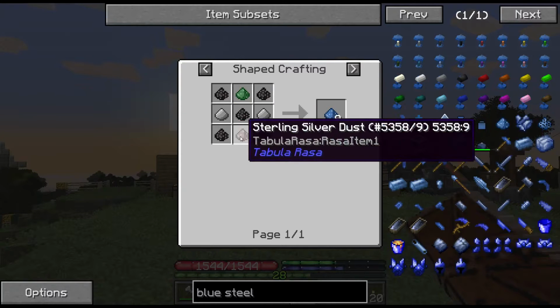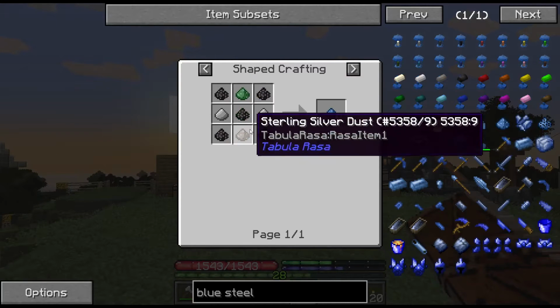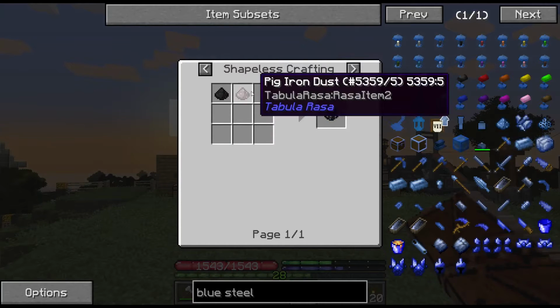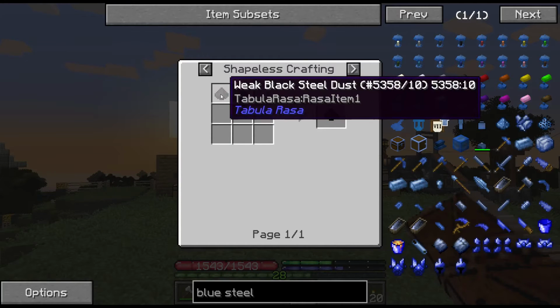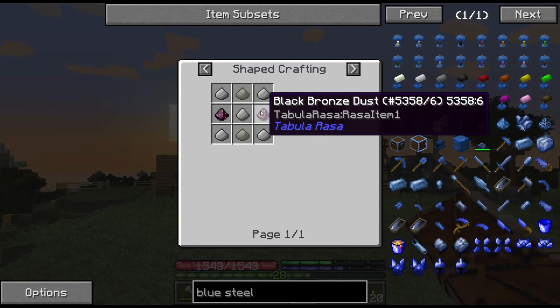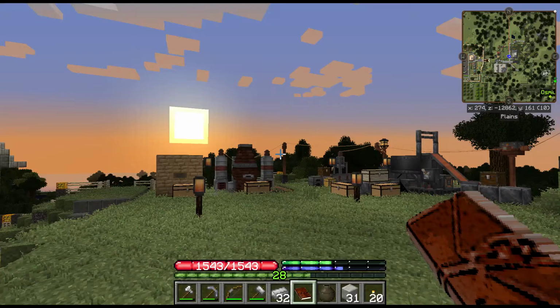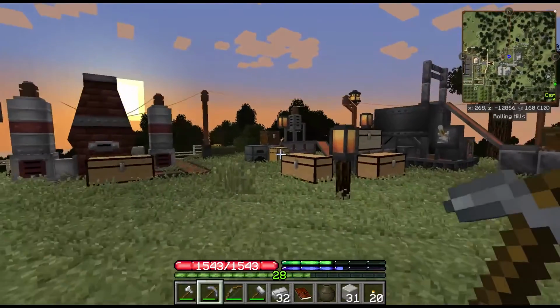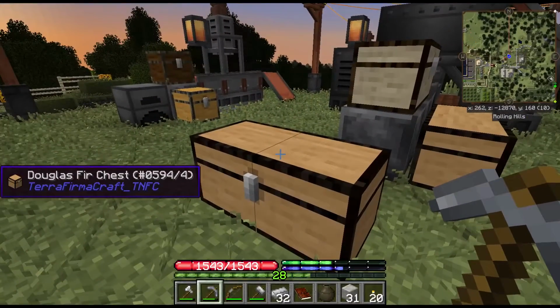Alright, so again, bismuth, sterling, steel, and high carbon black steel. High carbon black steel dust is pig iron dust plus weak black steel dust. Weak black steel dust is nickel, black bronze, and lots of steel. And that's kind of what I wanted to show you right now. So I've been working on this a little bit. Also been talking to Sim a bit, and